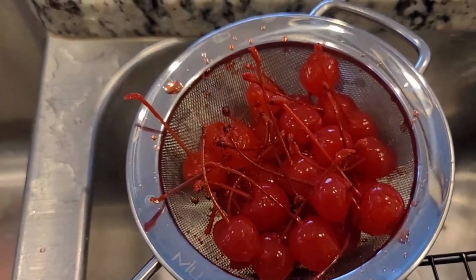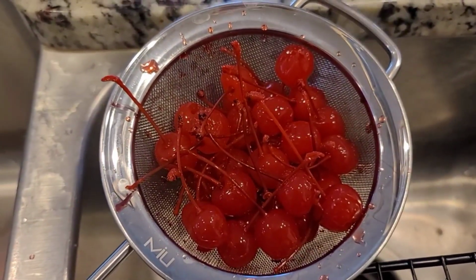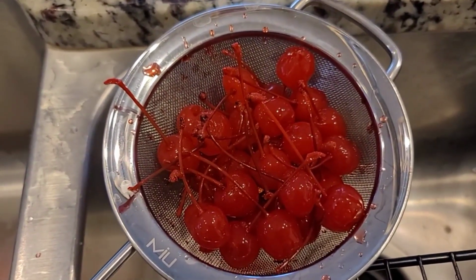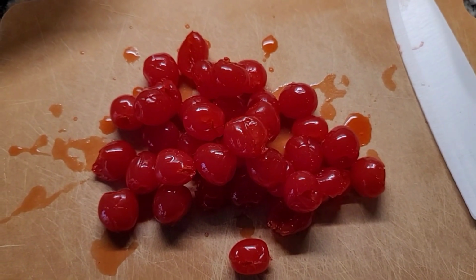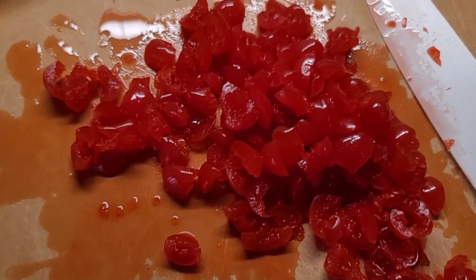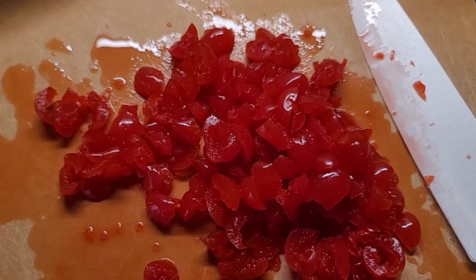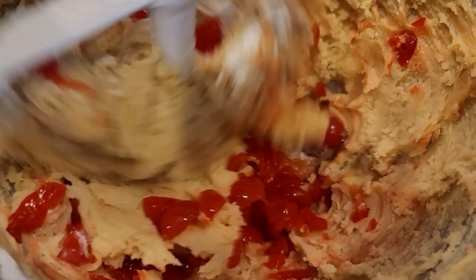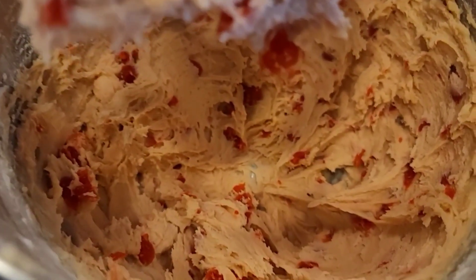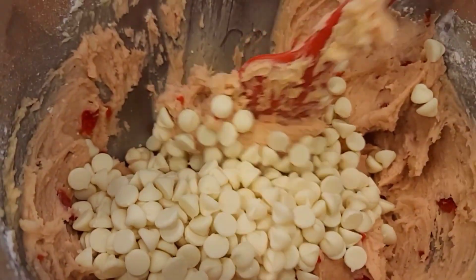turn it off, and we are going to drain our cherries. And it has no seeds, so we just pull the stems apart, and let's chop up these cherries. These are all chopped up, so now we are going to add it to our cookie mixture. Give that a good stir to combine, for about 10 seconds, and then let's fold in our white chocolate